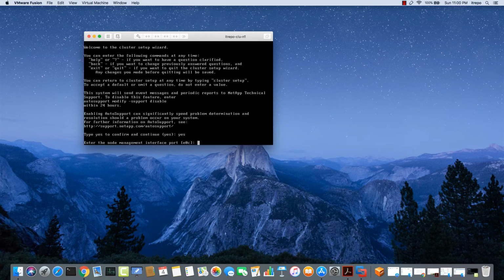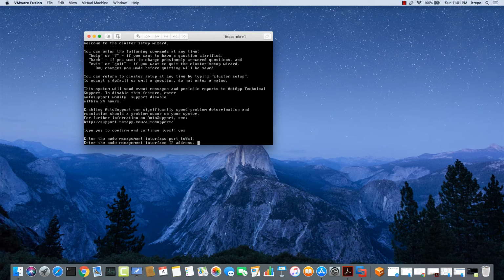I'm okay right now for this one. We can change this one later, but this is the node management of node 1, E0C. Just hit enter. You don't need to type anything. If you hit enter, it means that you agree with the E0C. And it then asks for the IP address of the